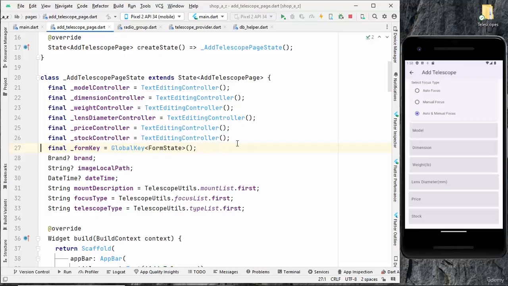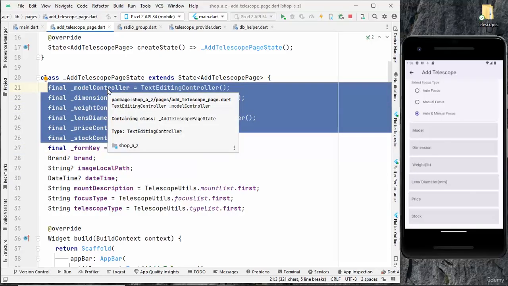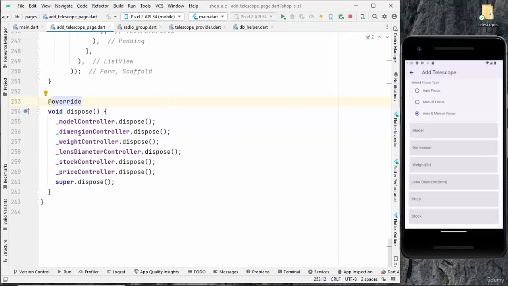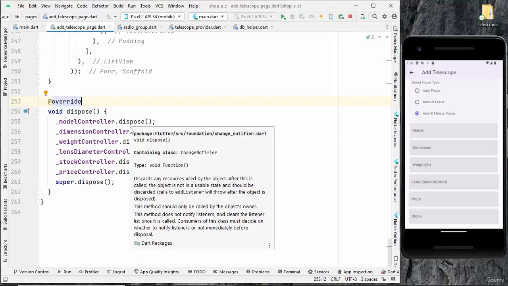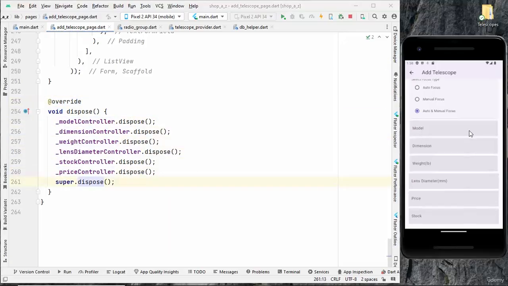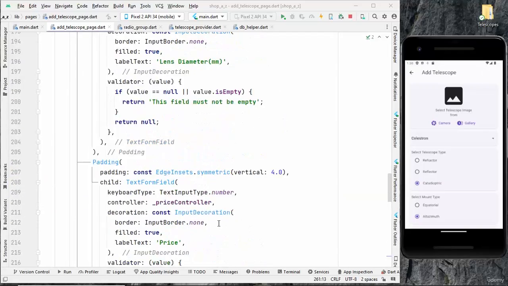And one more thing, whenever we have controllers, make sure that we have the dispose method, and we should dispose these controllers. So I have overridden the dispose method, and I have disposed all the controllers. And now I think we are almost done with building our Add Telescope page, and now it's time to add a save button, and I think the appropriate place will be at the app bar as an action button over here. So let's go to the app bar,